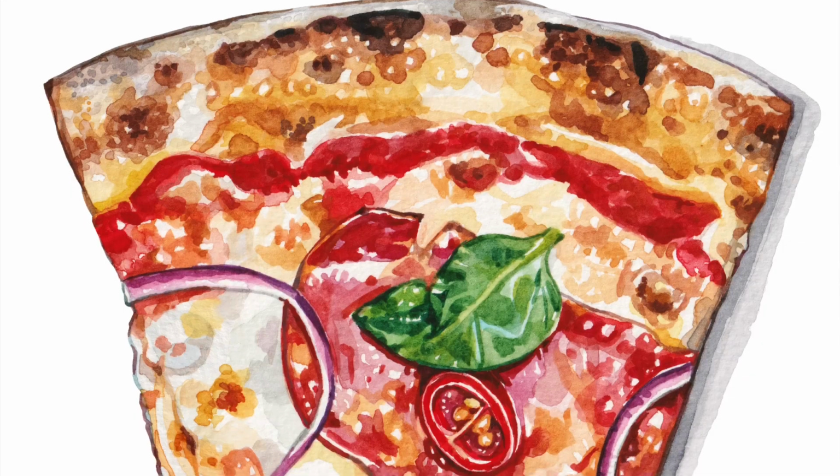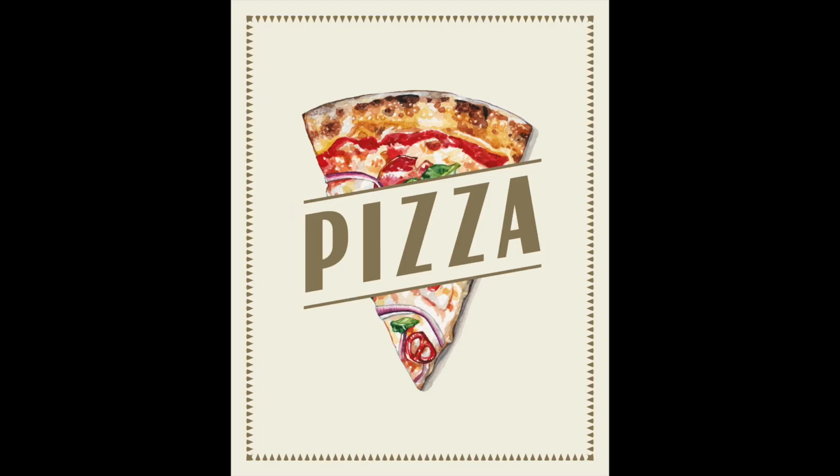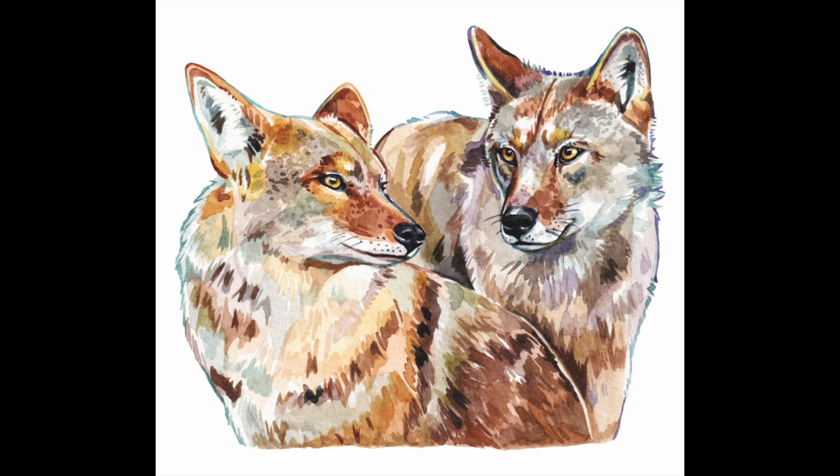But yeah, around all that, I managed to paint a pizza slice for WB Sampson, and I painted some coyotes for BBC Wildlife magazine, and then I also painted some double page, really detailed, full kind of scene illustrations for this big publishing project, and that was the end of that publishing project. I worked quite intensely throughout March, and then April, so this month just gone, we left Bosnia because we only had insurance for 1 month there,